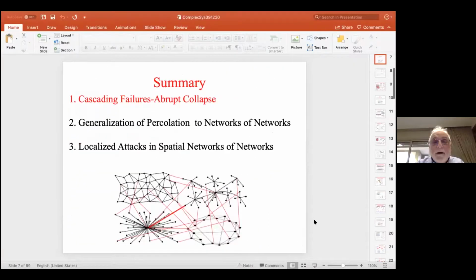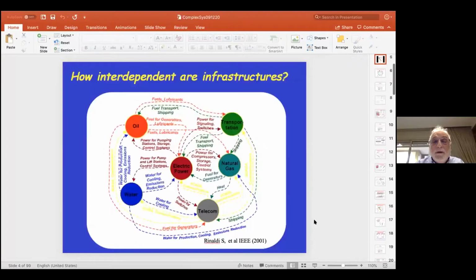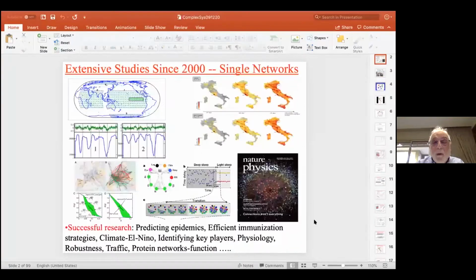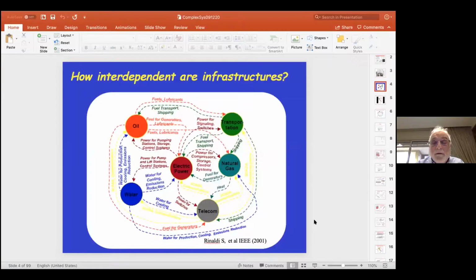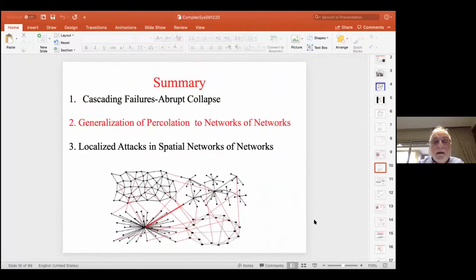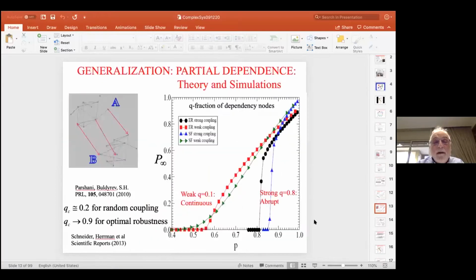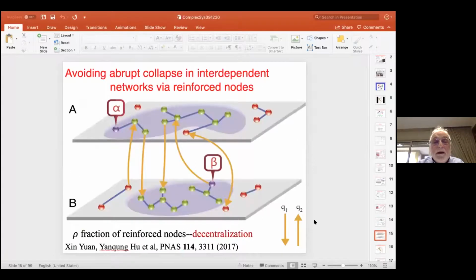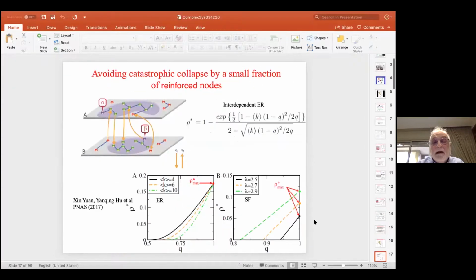Let's see. Oh, this is a very good question. What we solved was the case when you do it randomly, even. But of course, you can find what are the best nodes. This can be another paper to do. And if you find the best node, you may get even better results, but this is a question of research. And I know that people are doing it now, studying which nodes are best to